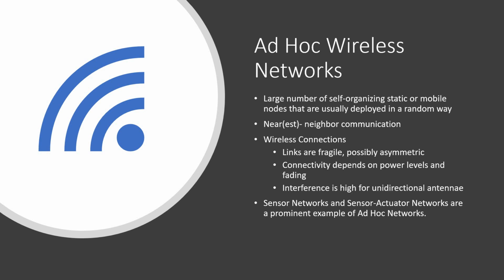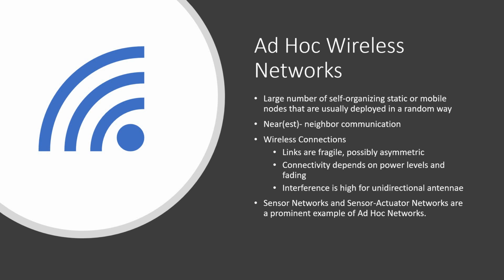When there's a bidirectional link, it means that data can travel both ways, from source to destination or from destination to source. And asymmetric means these two data rates, that means from source to destination and destination to source, do not have to be the same, so they can be different. This means asymmetric link. So this is called an asymmetric link, and the connectivity depends on power levels and